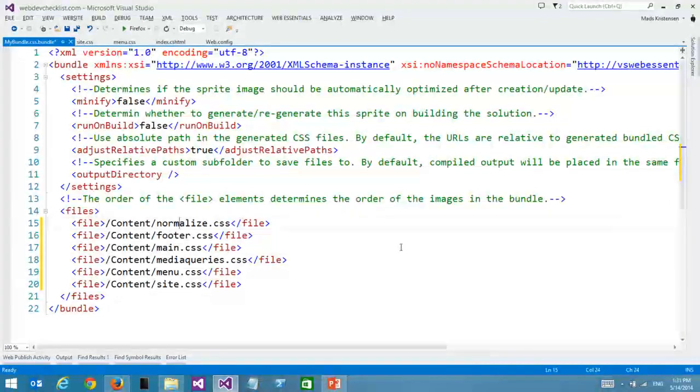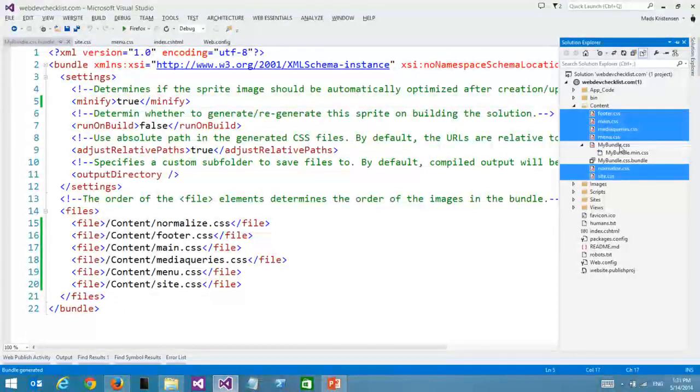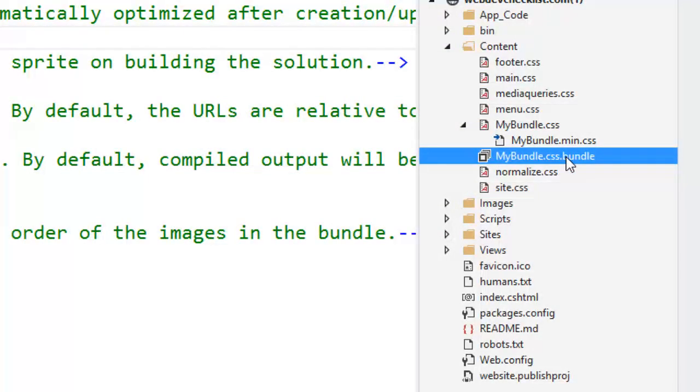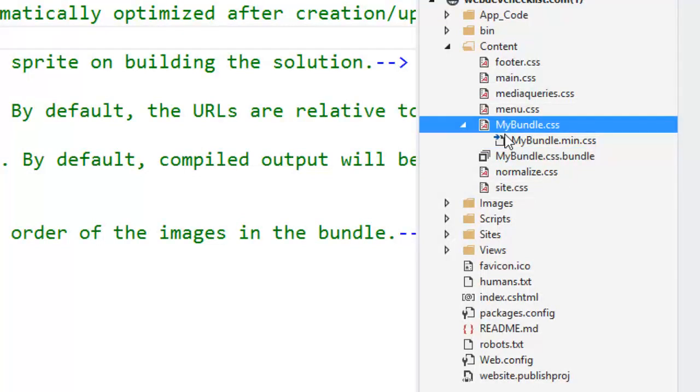We're also going to set this to minify, so set this to true. I'm going to save this file. So we now have a few new files here. We have the XML file, that's this one that I just edited. And then it creates a mybundle.css. Okay? So now we can just go in here,